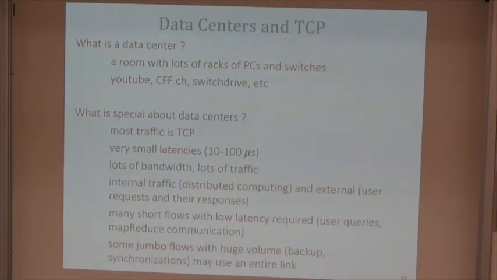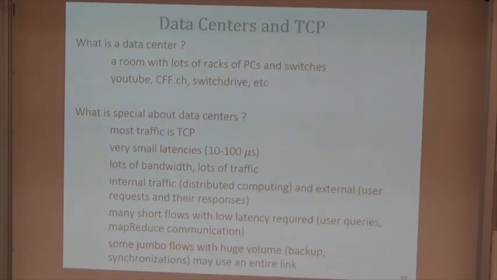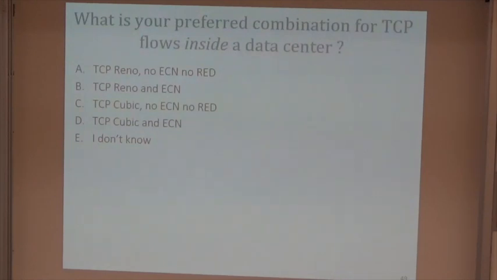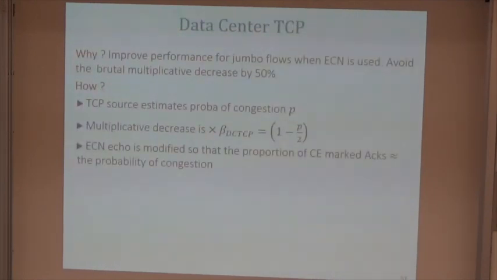So you want buffers that are large enough to avoid dropping packets when you have many large flows that are competing, but you want to have them small to have small delay for interactive flows. And we have seen that there is a method to achieve that, which is ECN. So data center TCP is using ECN, but the authors of data center TCP, which is widely deployed today, found